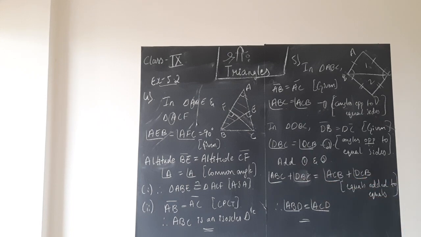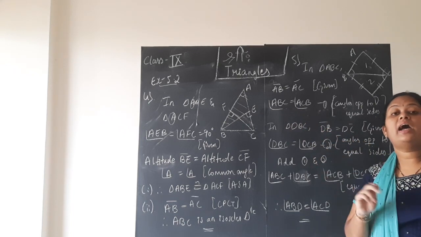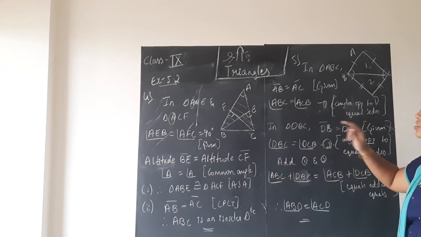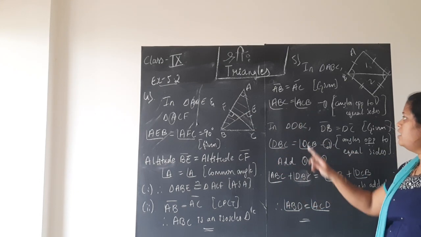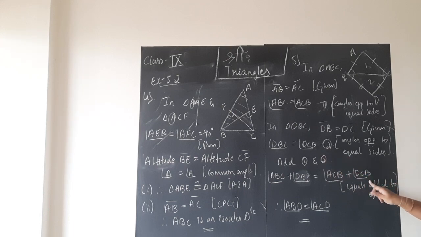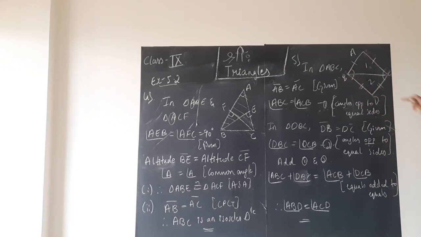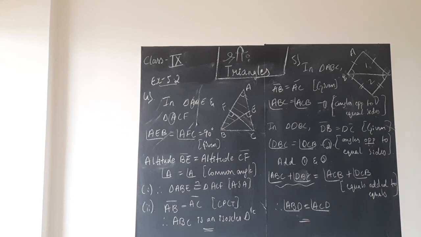Now, if you add equations 1 and 2, adding means angle ABC equals angle ACB, don't change it to a plus sign. Add the LHS of equations 1 and 2 separately, and the RHS of equations 1 and 2 separately. Thus we get angle ABC plus angle DBC is equal to angle ACB plus angle DCB. When you are doing so, again it is Euclid's axiom: equals added to equals are equal, children. So angle ABC plus angle DBC is nothing but the whole angle ABD. This plus this is the whole angle ABD.